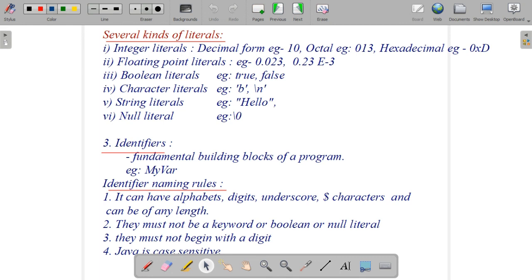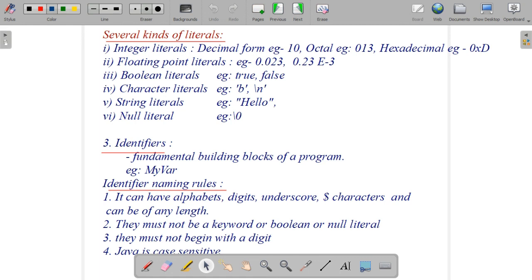Many of you have made the same mistakes, isn't it? When you have to write System with a capital S, you write a small letter. And when you want to write public with all small letters, you write P as capital. So you have to be careful about these rules when you are forming or naming an identifier. Understood? So you can check the valid identifiers also.